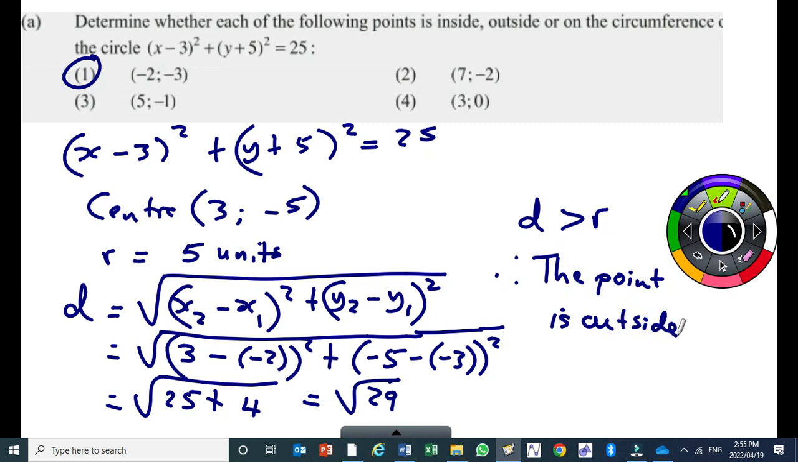What if D was equal to the radius? Then the point would be what? The point would be on